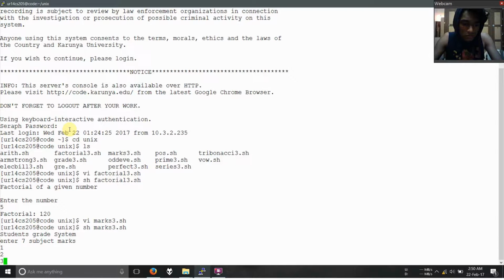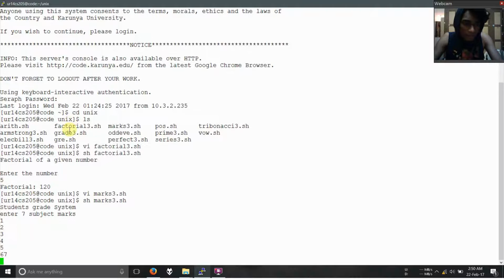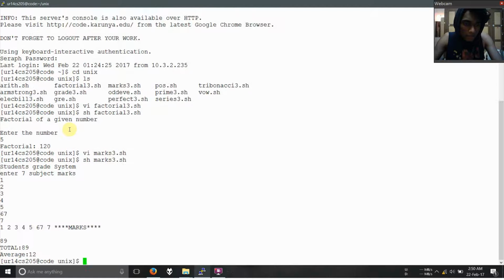Suppose 1 2 3 4 5 6 7. So the total average we get is, total is 89, the sum of all the 7 numbers, and this average is 12. The third question is we have to find the Fibonacci of a number. So the program is